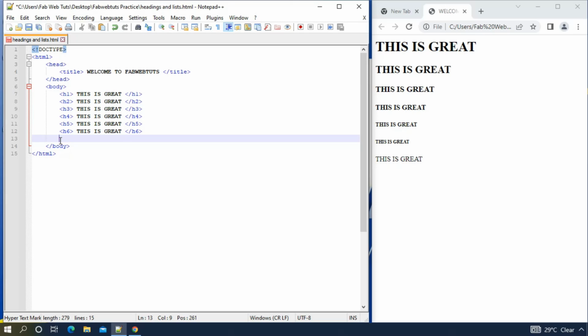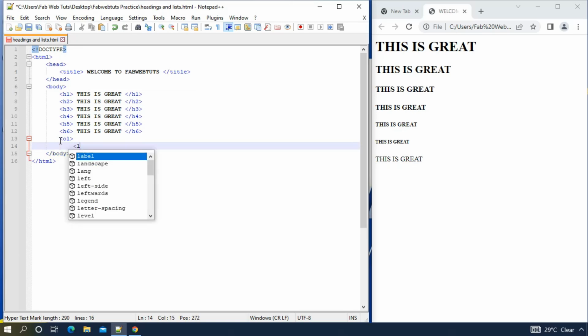So the first thing you're going to do is to just go ahead and start with the list. Now we have two types of list. List can be ordered list, and then it can be unordered. Alright, so this is what we're going to do. We're going to start with the ordered list. So I'm going to open a tag, then we write OL, that's ordered list. Then we're going to drop the line, then we're going to say LI. We're going to list the items